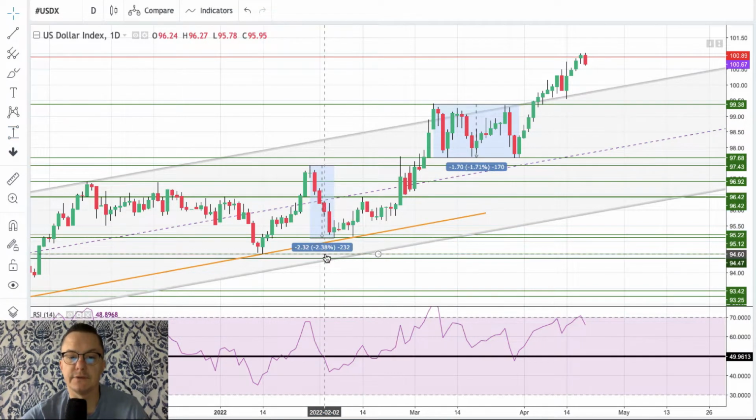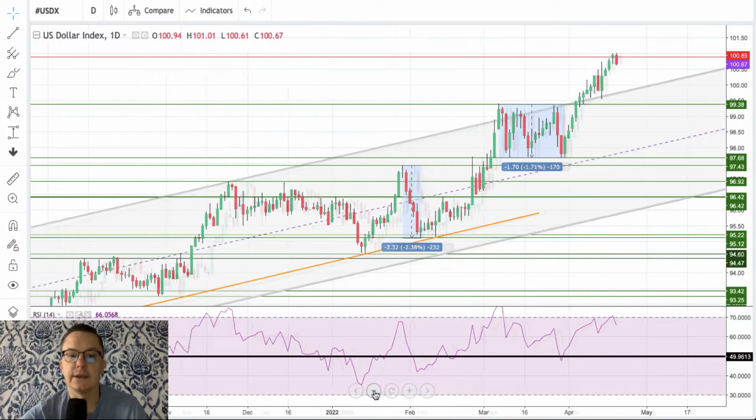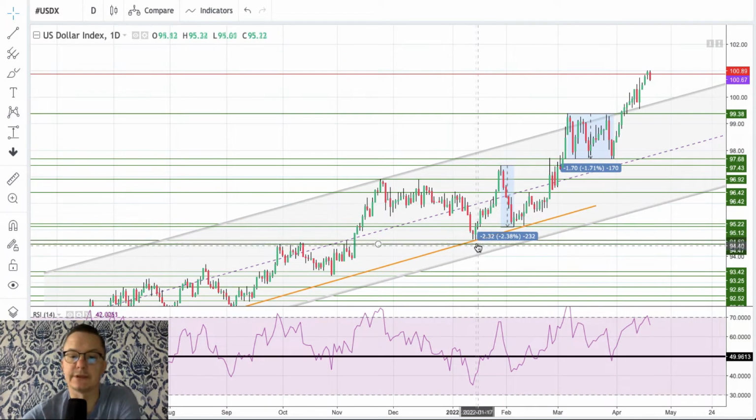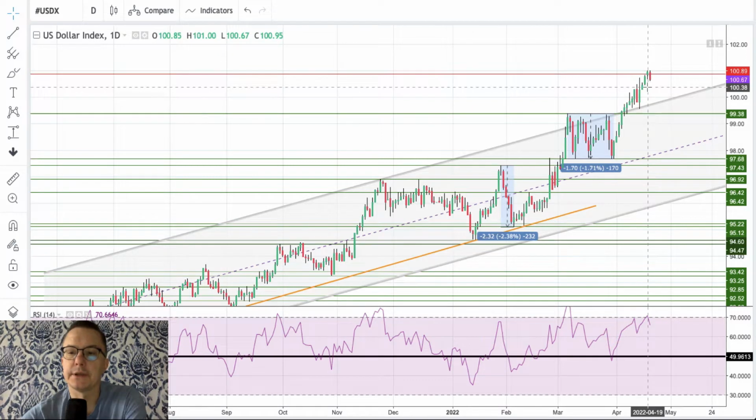There was one of 2.38 as well, and in this year, 2022, that's it: 2.38 and 1.71. Two big corrections. Maybe after this recent rally above 99.38, we are basically expecting some sort of pullback, maybe a bigger correction, not of course bigger than